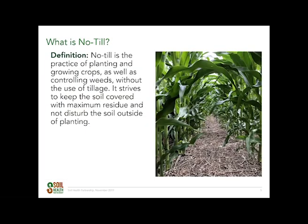So on this slide here, you'll see a definition of no-till. This is a definition that I kind of came up with in my own words. There's a lot of definitions of no-till out there. NRCS and other soil health organizations have their definition. This is the definition that I've come up with. So I define no-till as the practice of planting and growing crops, as well as controlling weeds without the use of tillage. It strives to keep the soil covered with maximum residue and to not disturb the soil outside of